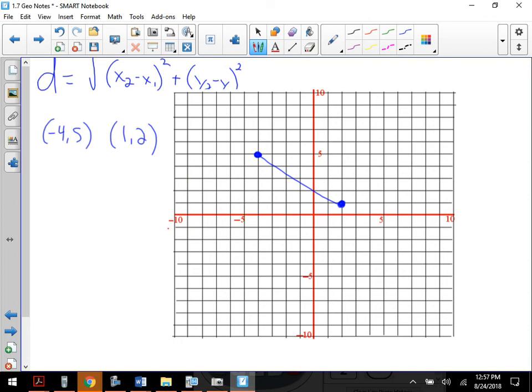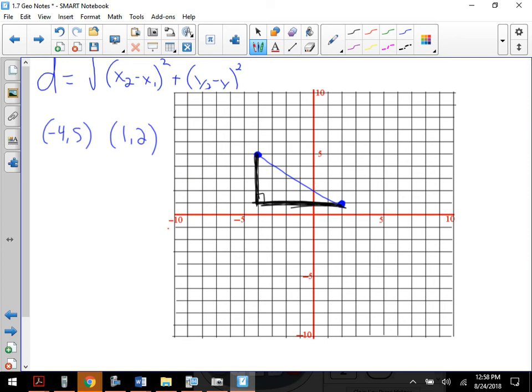So when I say the change in x, I'm looking at this horizontal change. Okay? There's my change in x. When I say the change in y, I'm talking about my vertical change. Okay? The vertical change. What did I just make? Triangle. More specifically, a right triangle. Very good. Now, when you think about a right triangle, there's a little known theorem that you guys all have used in the past,